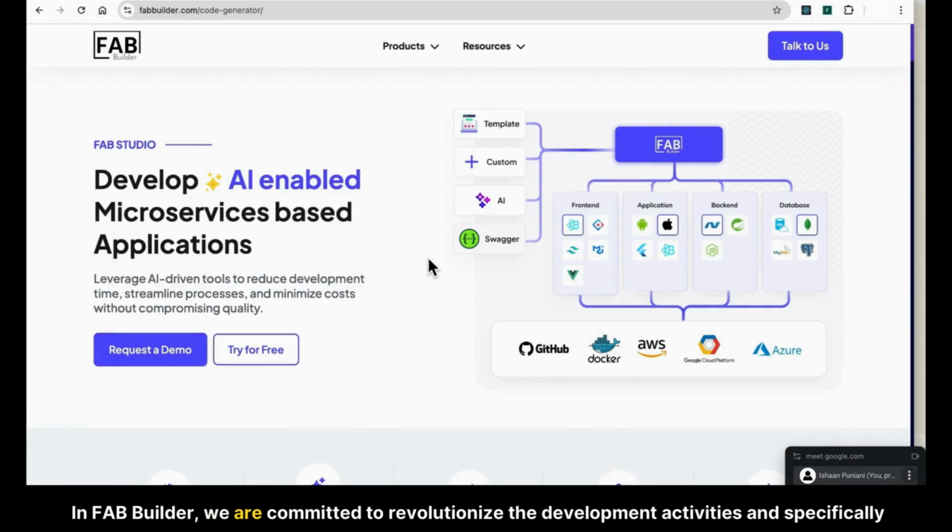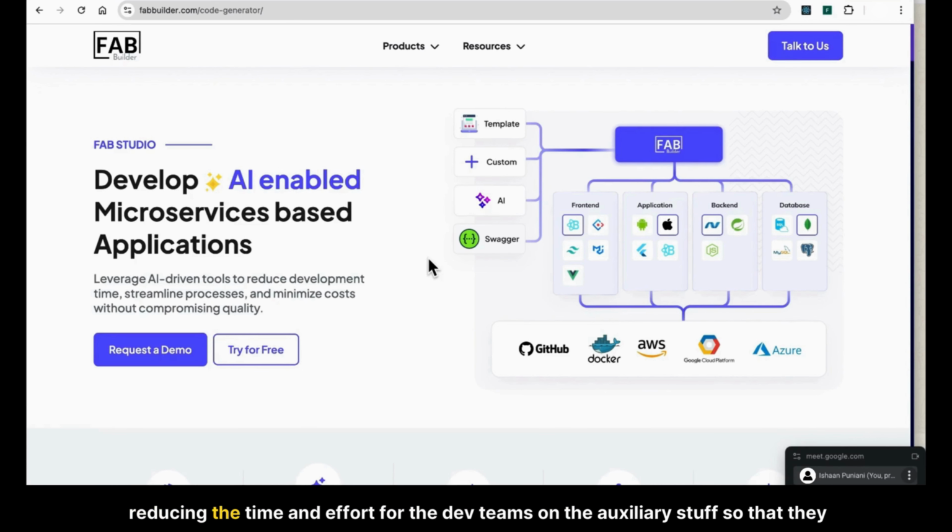In FAB Builder, we are committed to revolutionizing development activities, specifically reducing the time and effort spent by dev teams on auxiliary stuff so that they can focus majorly on writing business logic and doing the innovation part. If I just briefly explain in one shot, you can see over here we can have